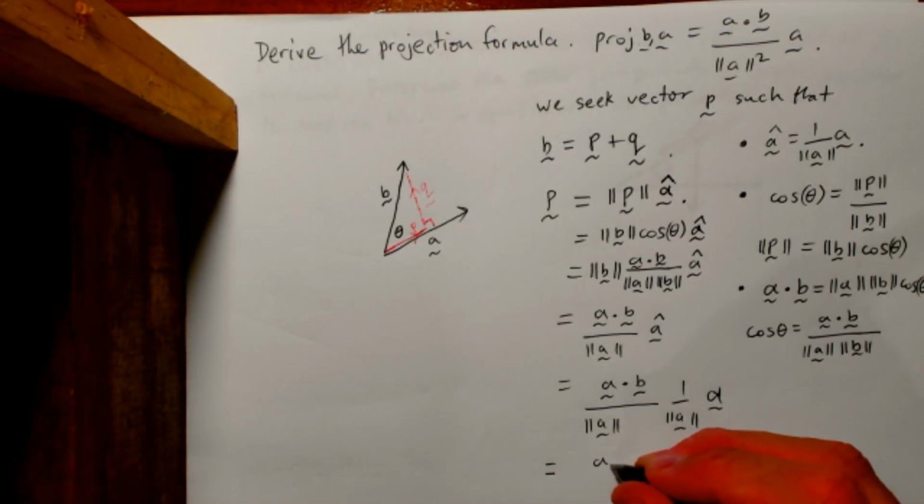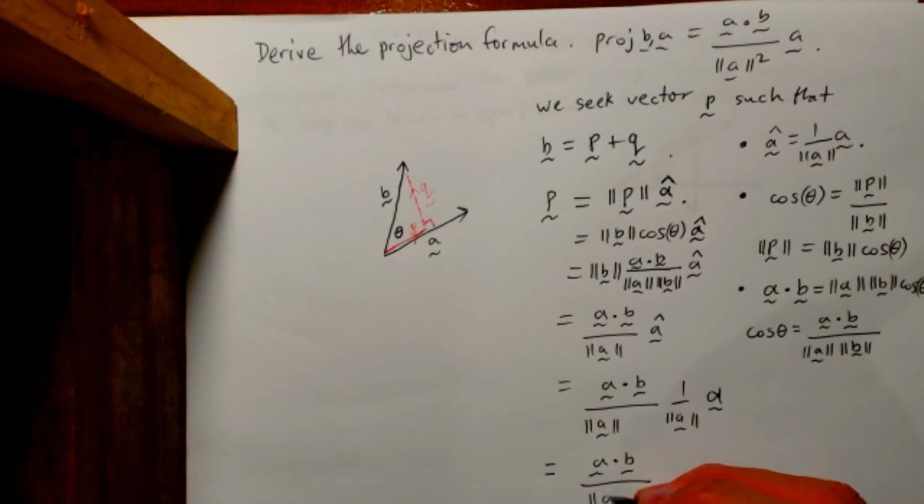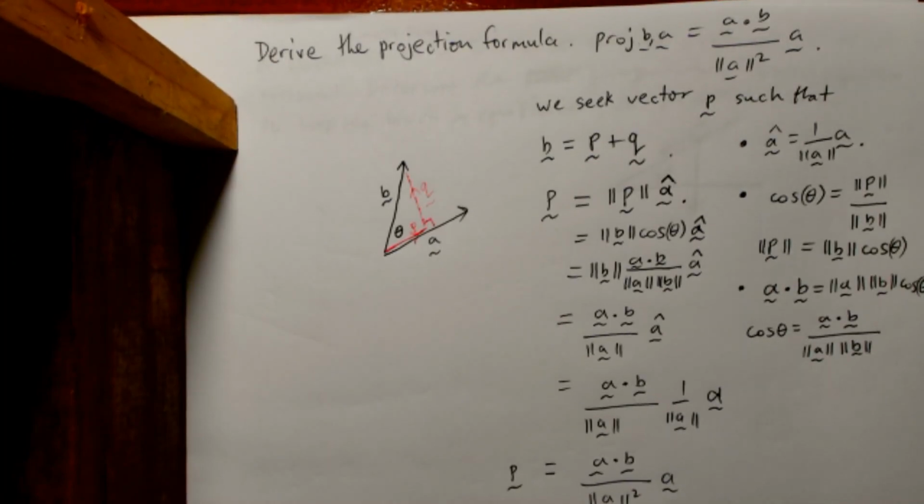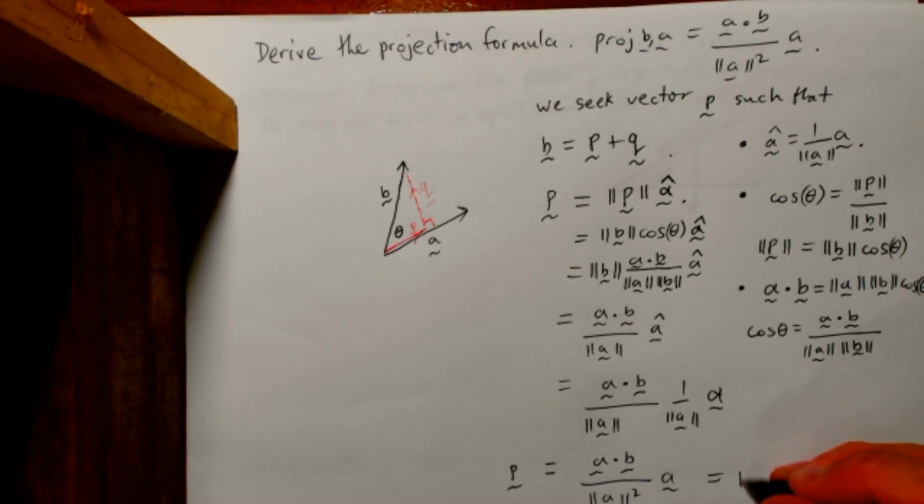So we've got A dot B over the norm of A squared times the vector A. And this is the P that we've worked out. But we've chosen a special name for this. This is the projection of B onto A,